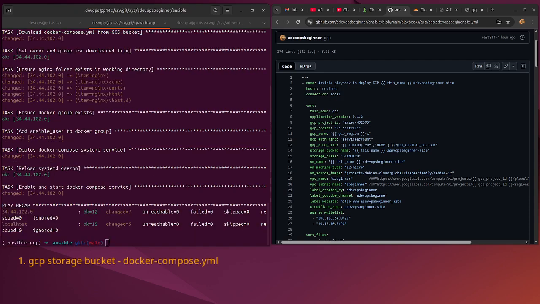First, create a GCP storage bucket. Then I upload the Docker Compose file into the bucket. Second, create a GCP virtual machine, where I'm going to use Docker Compose to deploy the website. Once the VM is ready, it will download the Docker Compose file from the GCP storage bucket, and then with another step of configuration, including Docker install and so on, then start Docker Compose